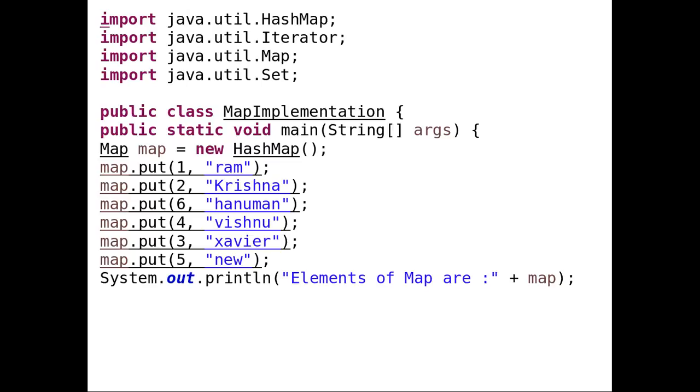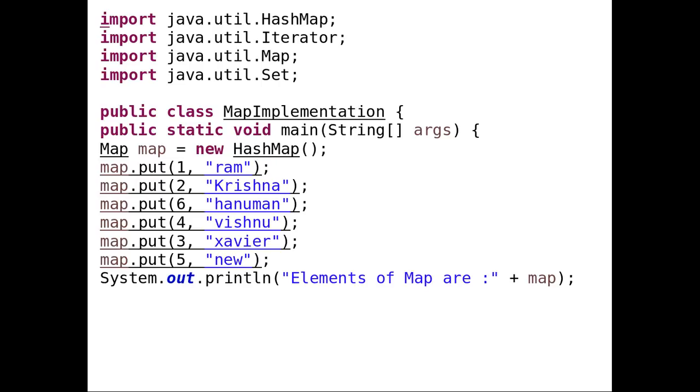Here I am going to show a simple example of map implementation. I have created a reference variable of Map which contains a HashMap object, and by using the put method we are associating a specific value with a specific key in the map.